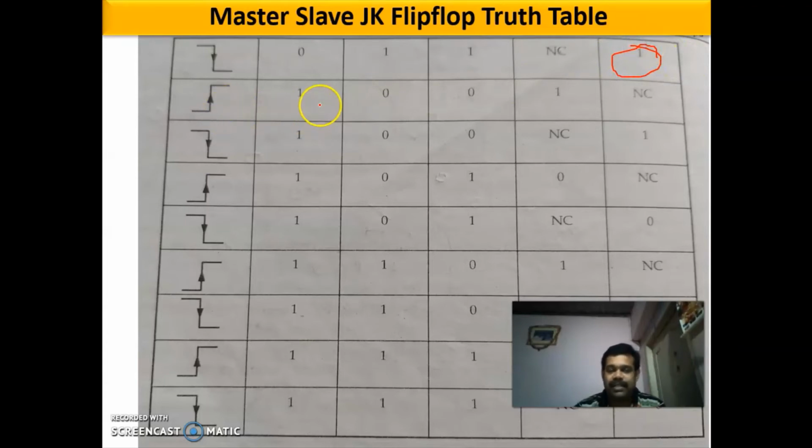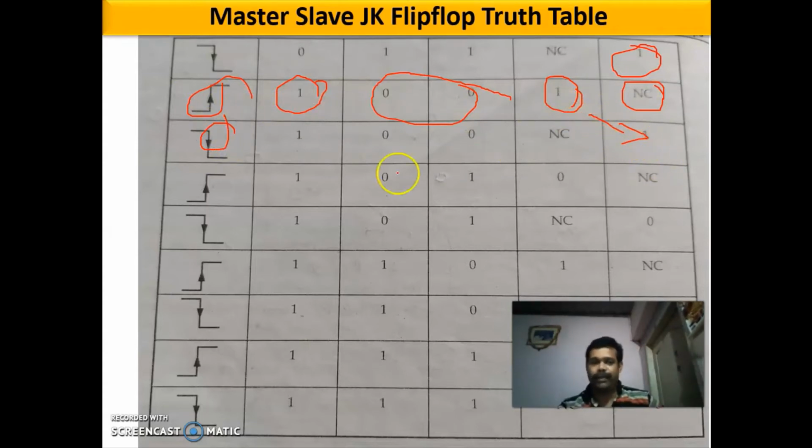During the next positive edge, you are taking Q as 1, J and K as 0. If J and K are 0, whatever you have in the present state, you will have in the next state. The slave will be disabled during the positive edge. During the negative edge, whatever you had in the master in the previous edge will be copied. Similarly, during the next positive edge, you are taking Q as 1, J as 0 and K as 1. If J is 0 and K is 1, the next state will be 0. That will be copied by the slave in the next negative edge.